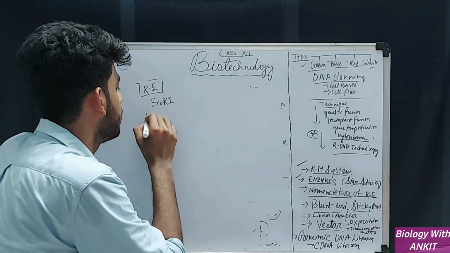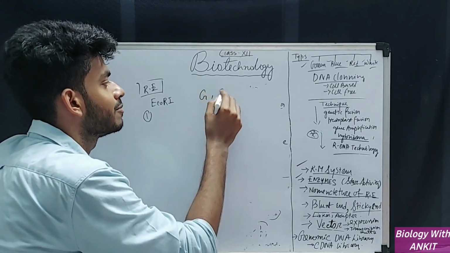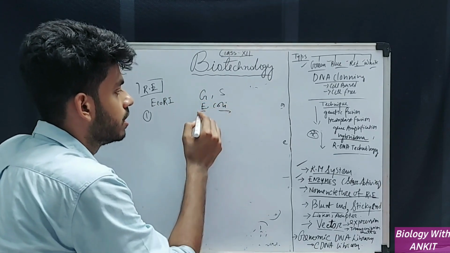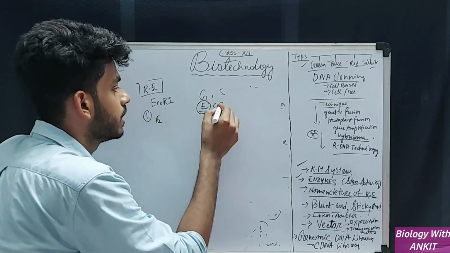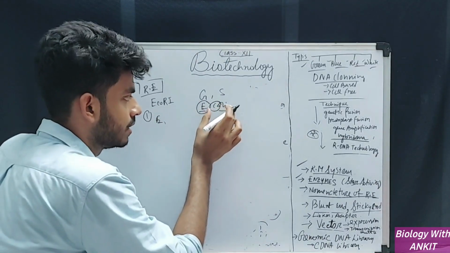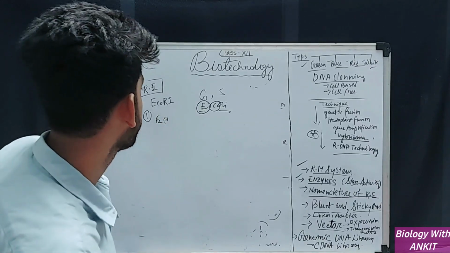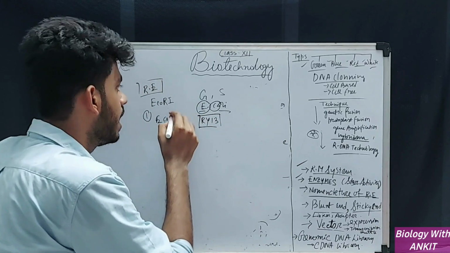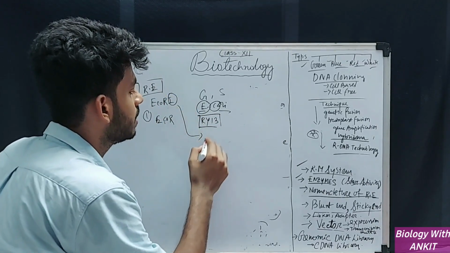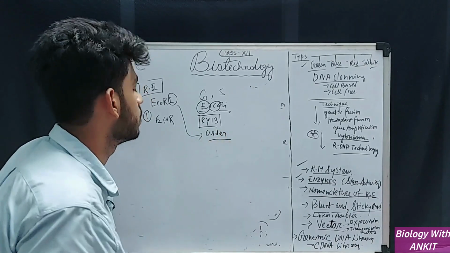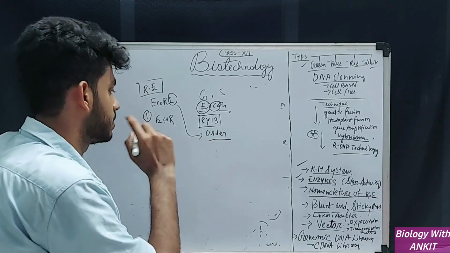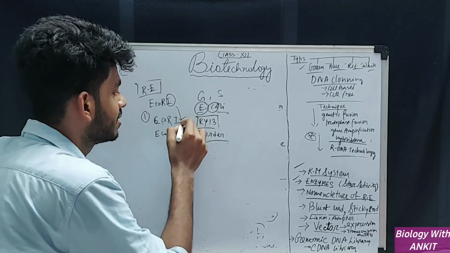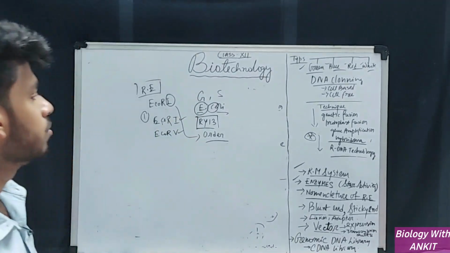by which they are named is the abbreviations of the genus and the species. It means this enzyme comes from the bacteria called E. coli, Escherichia coli. So the first letter E is from the genus and the next two letters are from the species, first letter of the genus and first two letters of the species. So Eco, R is the strain, that is RY13. RY13 is the strain which is considered here, and this Roman numeral indicates the order of the enzymes from the same bacteria which were discovered later, just like EcoRV. So this is the first enzyme, this is the fifth enzyme. So this is the order which is mentioned here.